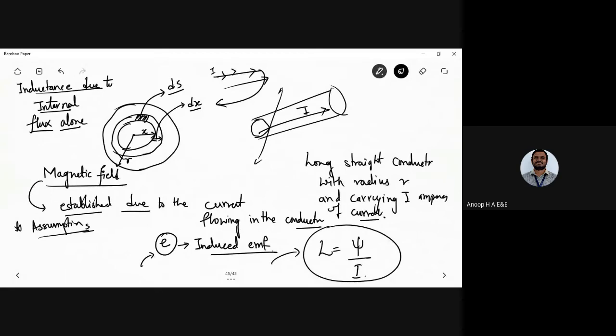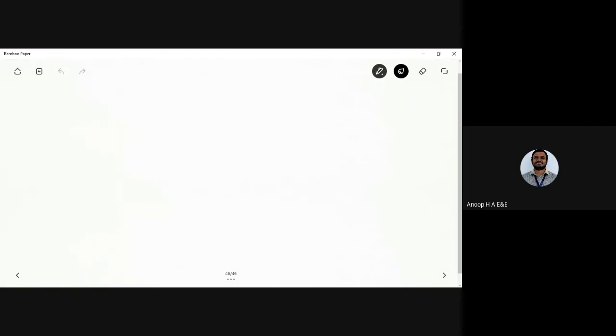So the value of inductance due to the internal flux is given by the ratio of the flux linkages to the current taken, and it will take into account each line of internal flux that has been developed, that is a part of the total current. So let us start with the magnetomotive force. Why did I take the magnetomotive force, or why did I not take the electromotive force, that is the induced EMF that has been developed?